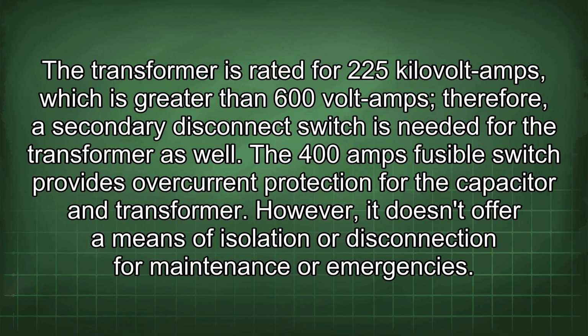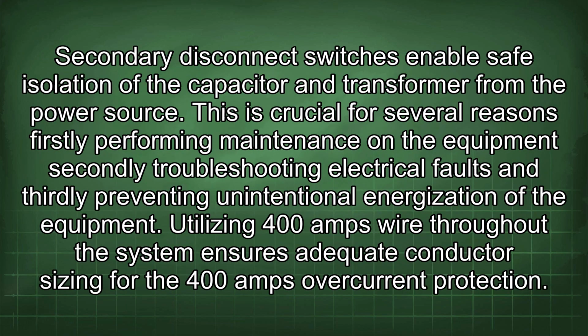The 400 amp fusible switch provides overcurrent protection for the capacitor and transformer. However, it doesn't offer a means of isolation or disconnection for maintenance or emergencies. Secondary disconnect switches enable safe isolation of the capacitor and transformer from the power source. This is crucial for several reasons: firstly, performing maintenance on the equipment; secondly, troubleshooting electrical faults; and thirdly, preventing unintentional